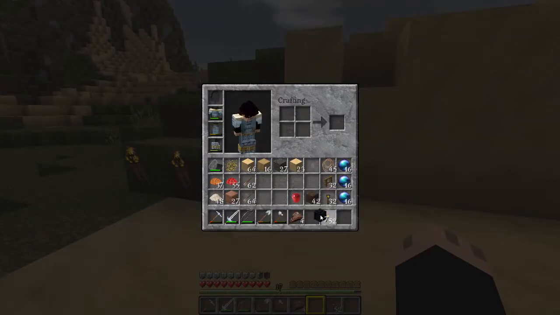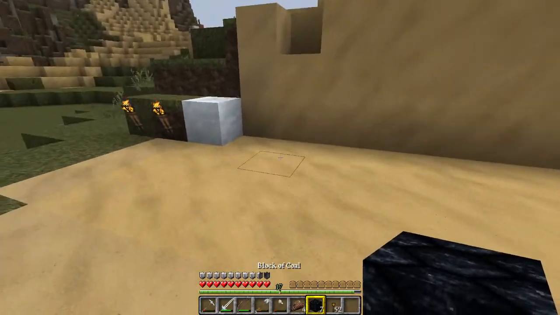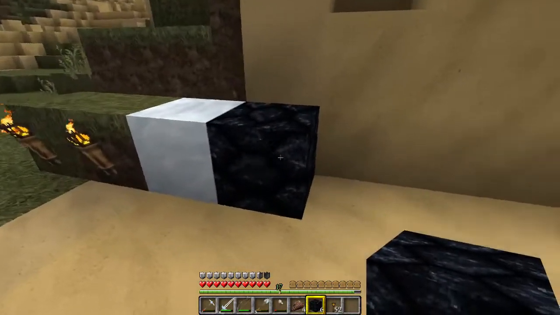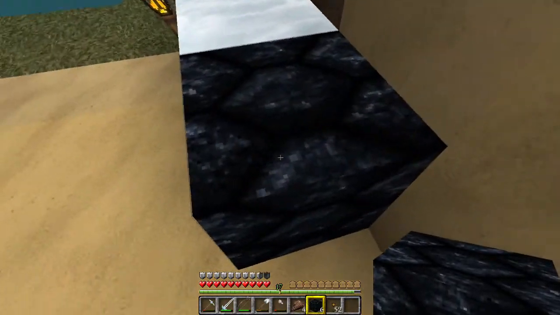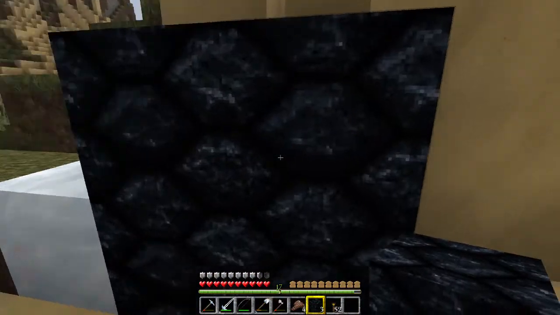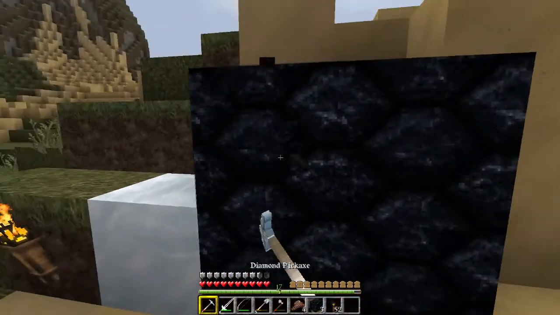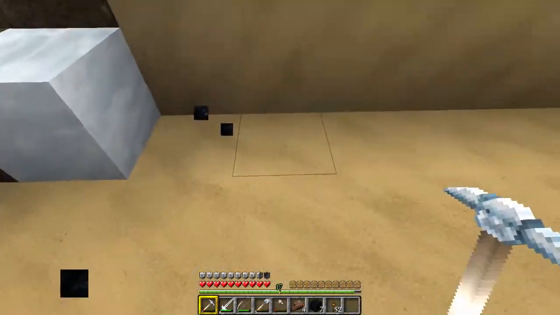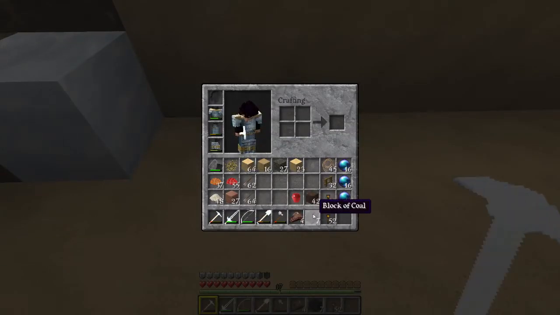Now, another option is you can now make blocks of coal. That would make it a very dark building. I do like that texture though. It's very obsidian-like. Basically, you make this by putting nine bits of coal together, and you get a block of coal. So I cooked up some hardened clay,